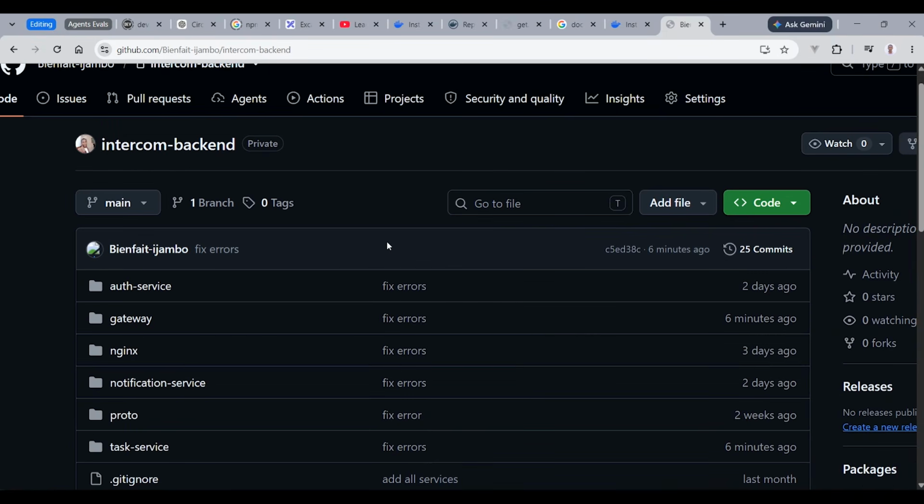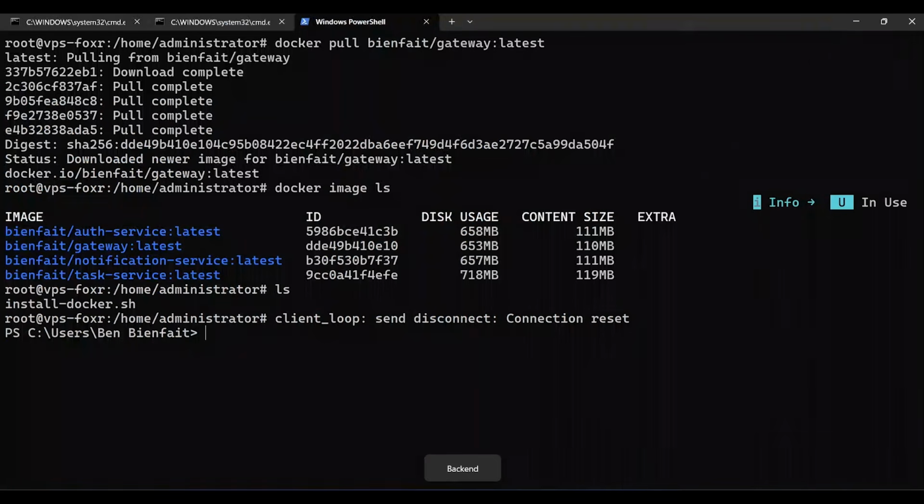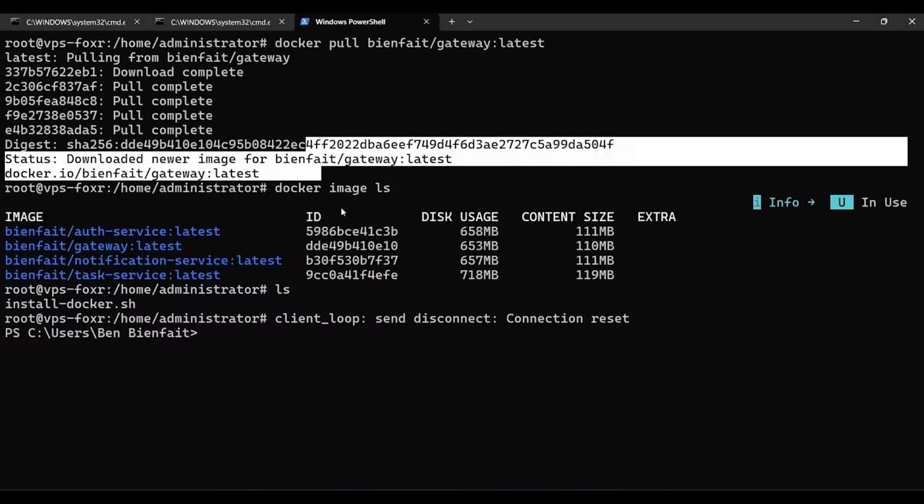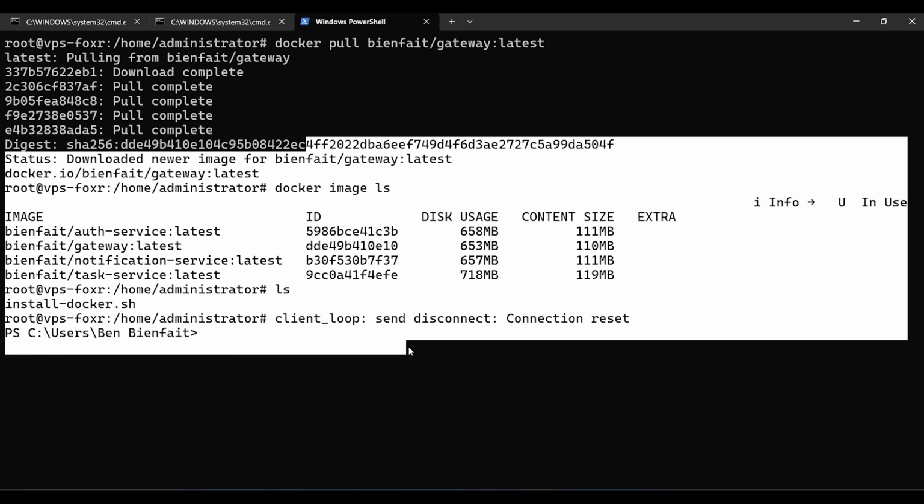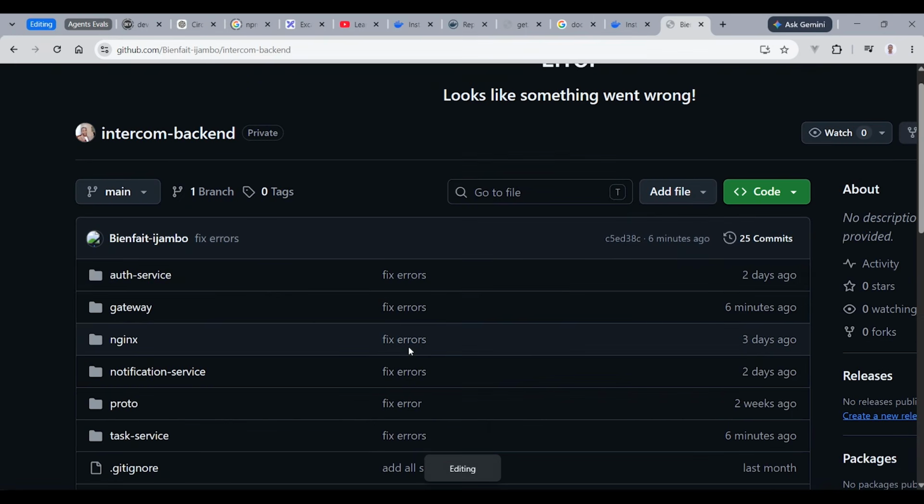Because I don't want to create public keys. If I want to clone the repository within this Linux server and the visibility is private, I need to set up public and private keys. Okay, and this is gonna take a lot of time to do. I'm gonna set it to public so I can clone it immediately, and then we're gonna run our app within